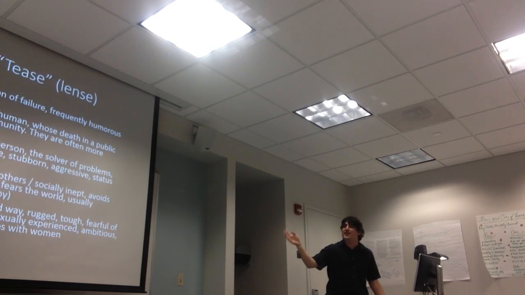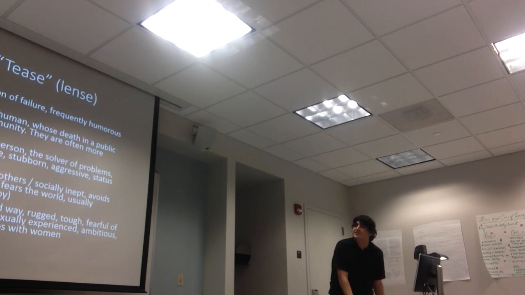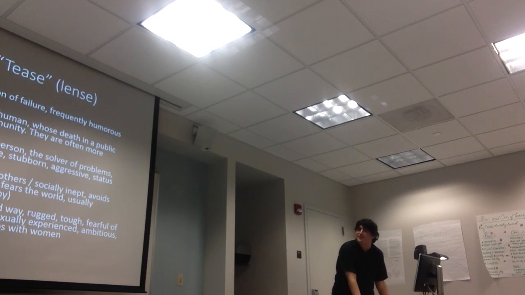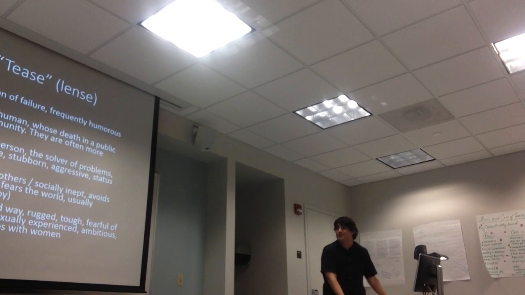The outcast: isolates, struggles to connect with others, socially inept, avoids conflict, invested in his or her rich inner world only, fears the world, usually intelligent, reliable, and loyally trusted. The example I gave there is Ponyboy. It's another one that we've talked about all the time. And then there's the jock or the man's man. This was called a couple of different things, but that's what it comes down to. Masculine in an exaggerated way, rugged, tough, fearful of weakness, adventurous and aggressive, worldly, sexually experienced, ambitious, need to win,